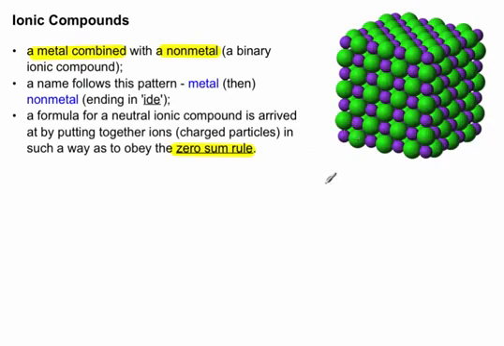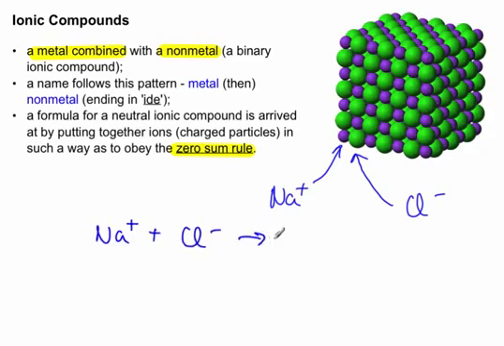So this is a big hunk of sodium chloride salt. And so that smaller ion is the Na ion, and it happens to be Na+. This larger green ion is the chloride ion, and that's a Cl-. So when we put these two ions together to generate a formula, we have Na+ and we have Cl-, and we want to put them together. Well, there it is. But the sum of these two ions has to add up to 0 because the overall charge of this